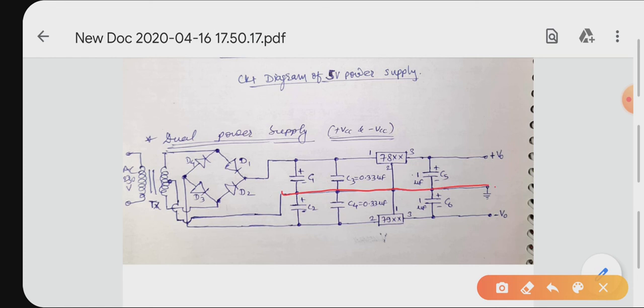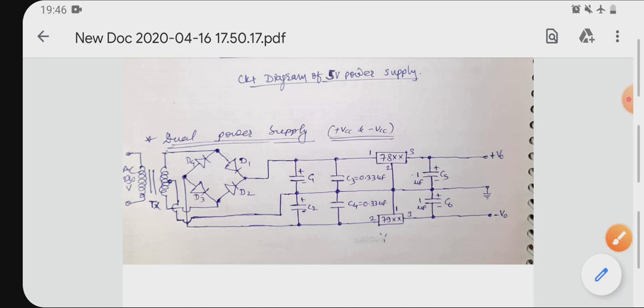Here it is grounded, and it is connected to the center tap like this, through the jumper. Okay, you can see the circuit diagram carefully. So accordingly you have to design the upper half of the circuit using 78 series and the lower half using the same procedure using 79XX series, but the pin numbers are different. In 79 series, pin number 2 is input, 1 ground and 3 output. Okay, so this is the dual power supply which will generate plus VCC as well as minus VCC.